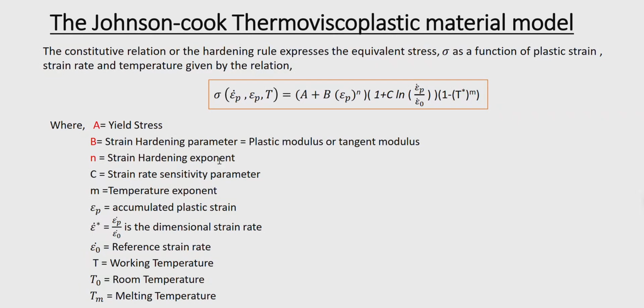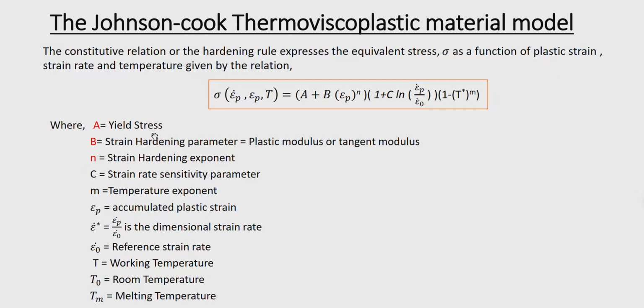The Johnson-Cook material model is a widely used constitutive model. It is used to describe the plastic behavior of materials like metals, copper, and steel, under high strain rates, large deformation, and varying temperatures. So, it is particularly useful in applications like ballistic impact, metal cutting, impact simulation, crash analysis, and dynamic analysis.